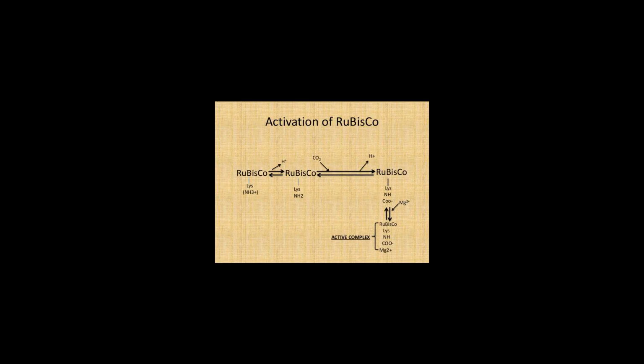Phosphoglycolate is recycled through a sequence of reactions called photorespiration, which involves enzymes and cytochromes located in the mitochondria and peroxisomes. This is a case of metabolite repair. In this process, two molecules of phosphoglycolate are converted to one molecule of carbon dioxide and one molecule of 3-phosphoglycerate, which can re-enter the Calvin cycle.